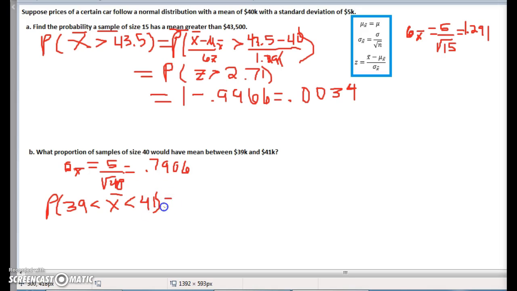So that's going to equal, converting the x bars to z's like we always do using this formula, we have 39 minus the mu sub x bar, which is 40, divided by the sigma sub x bar that we just got, 0.7906,